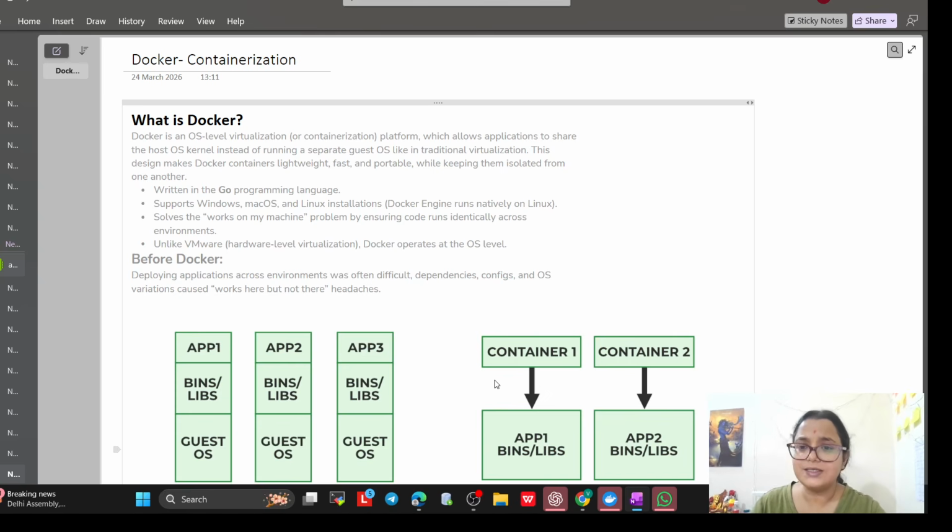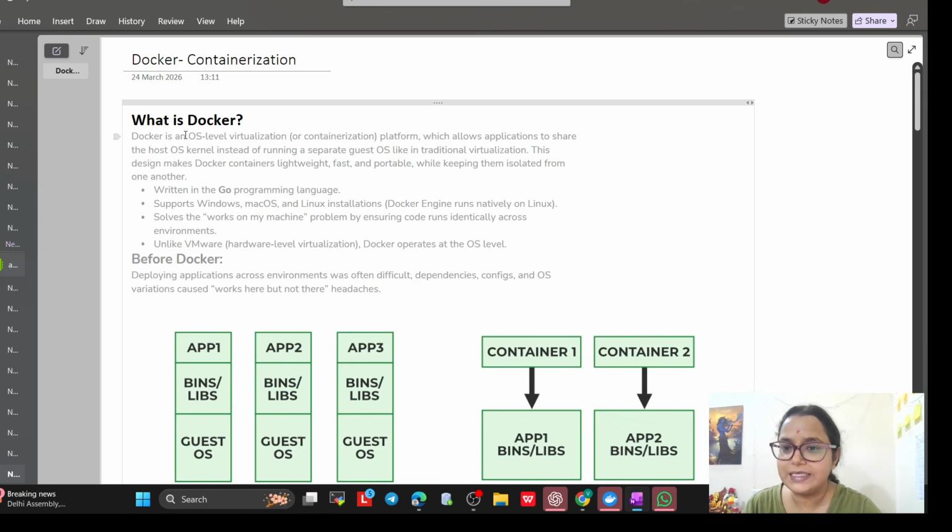So first thing is that Docker is a containerization tool. First we will try to understand what is Docker and then we will proceed further. So what is Docker? Docker is an OS level virtualization. Virtualization we have discussed yesterday. What do you mean by virtualization?